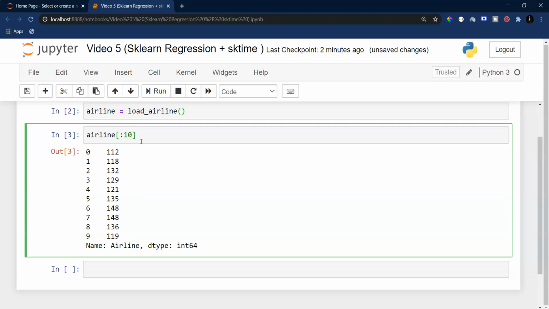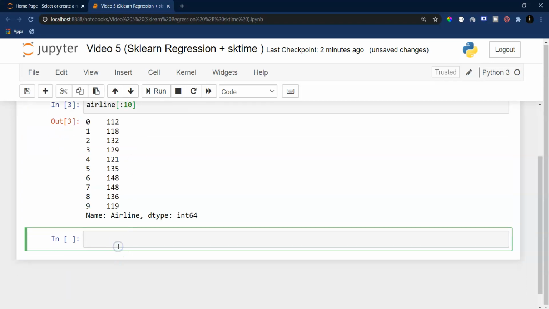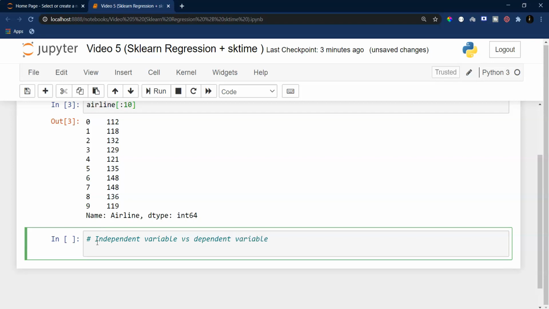If you know about regression, then in regression we have some independent variables and we have some dependent variables. So we have a concept of independent variable versus dependent variable. We need to have a matrix or array or data frame, whatever you might call it, called x.